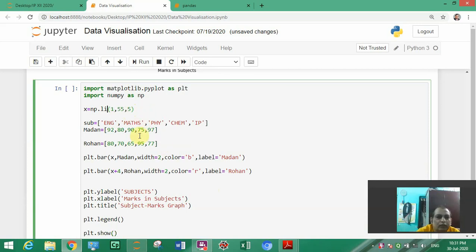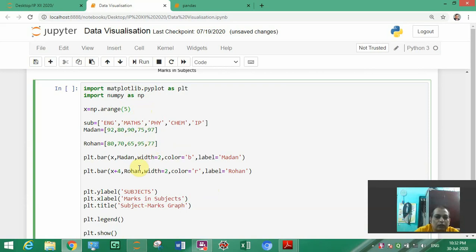We want a range function, and in this we will take 0 to 5.